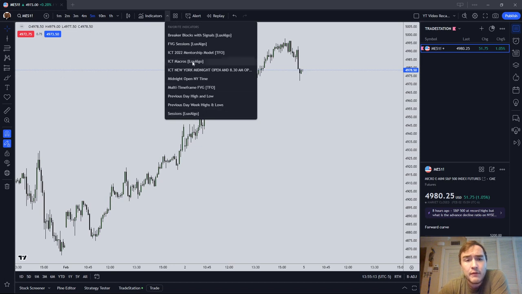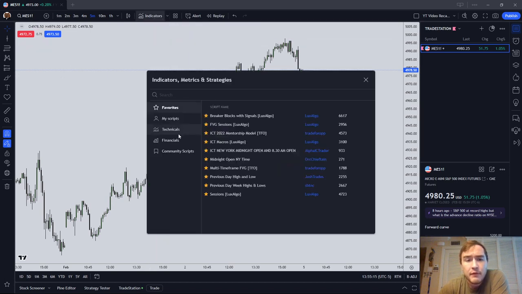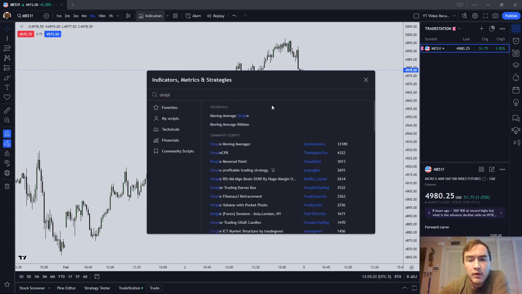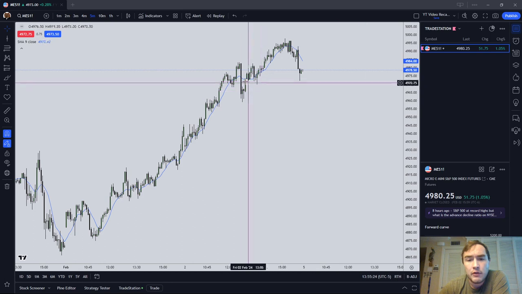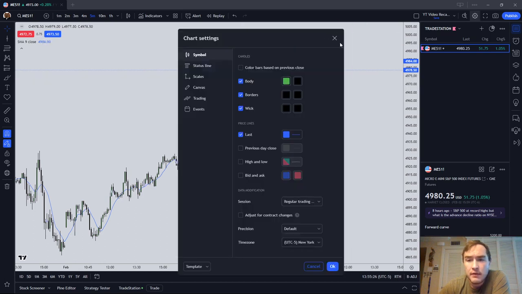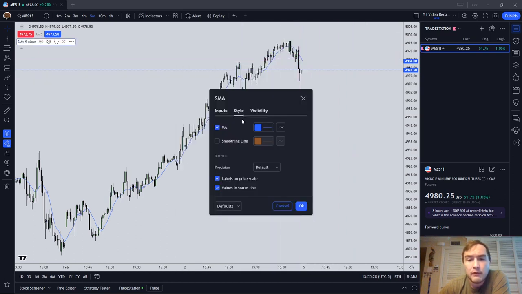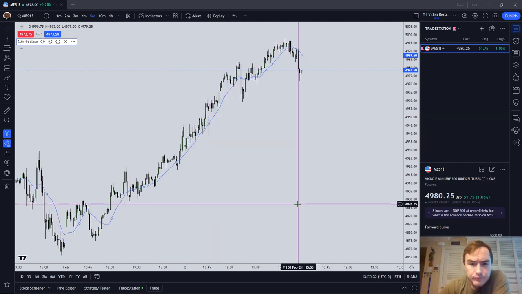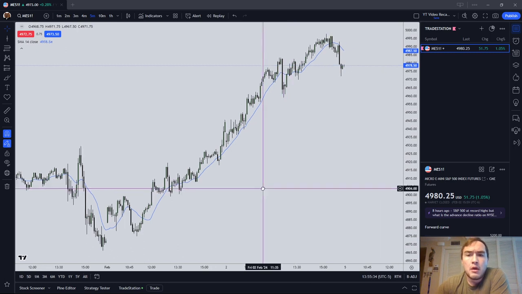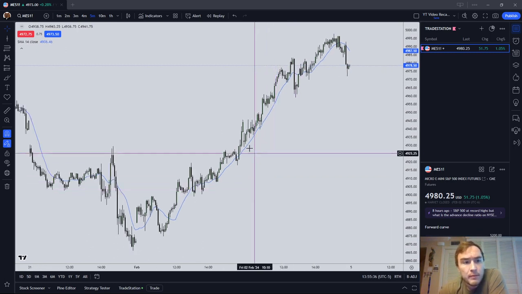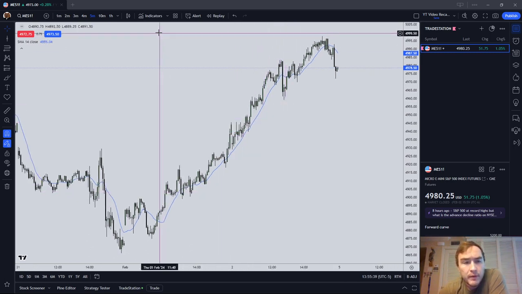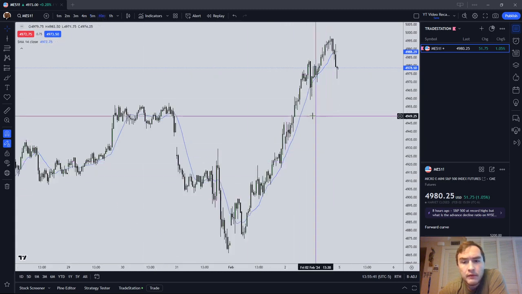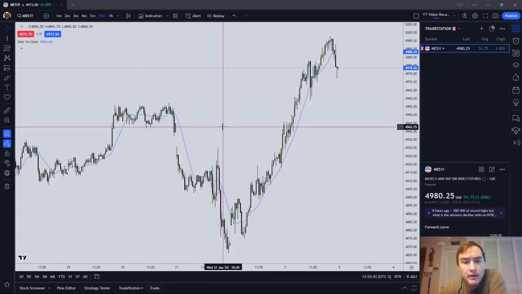So guys, a moving average is simply the average price plotted over a period of time, and whether it's a simple or an exponential moving average depends on the weight of the most recent time period. So let's put on a simple 14-period moving average. As you can see, the simple moving average over 14 periods will simply plot out the average price over